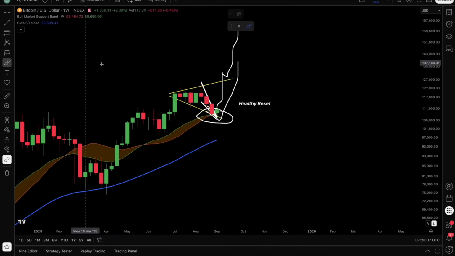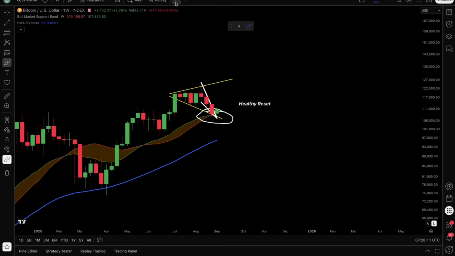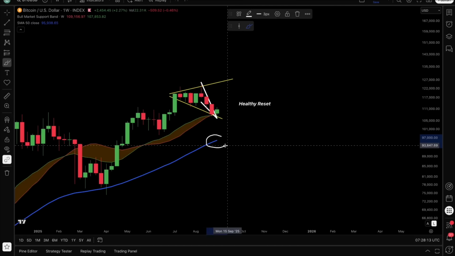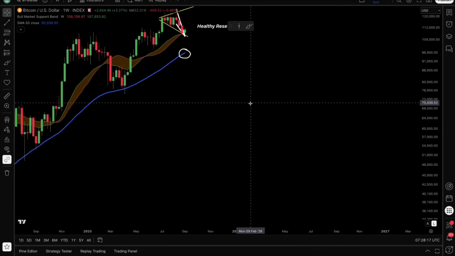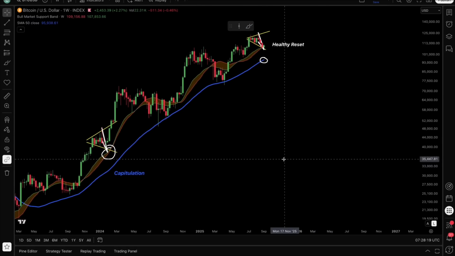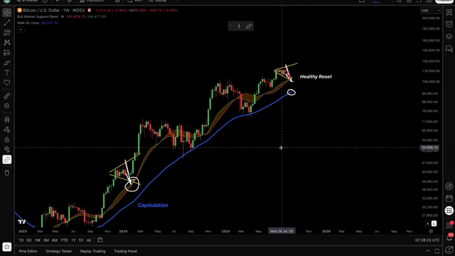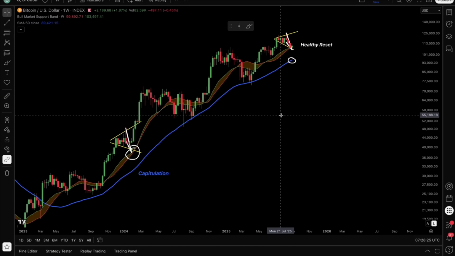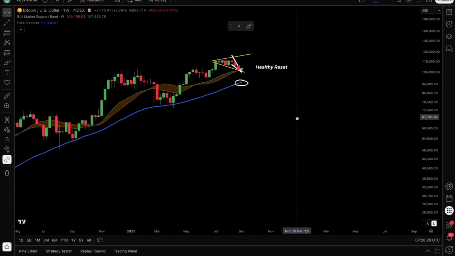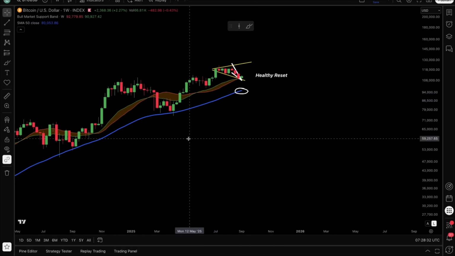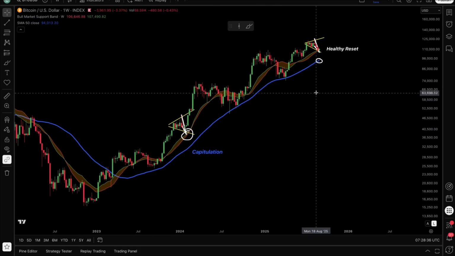If that is not going to be the case, if Bitcoin is going to see a larger correction, then we have the moving average 50 in play. But this is usually only a level we truly hit once we do see some capitulation in the market, and that is not something we are currently hinting for. In my opinion, in the market there is not a big reason to see capitulation, but if that is going to happen, then your moving average 50 trend line is going to be a huge and important support level.